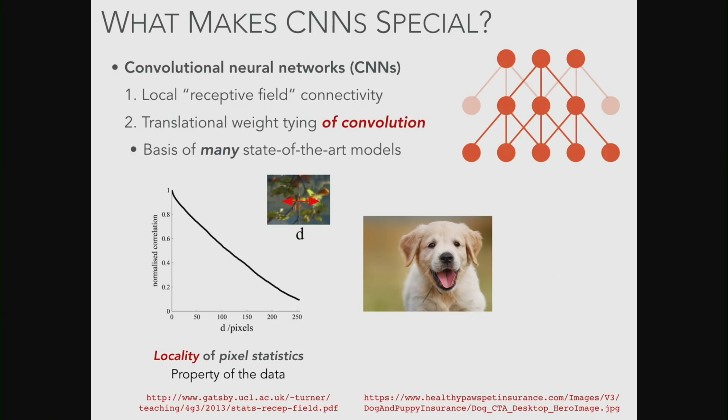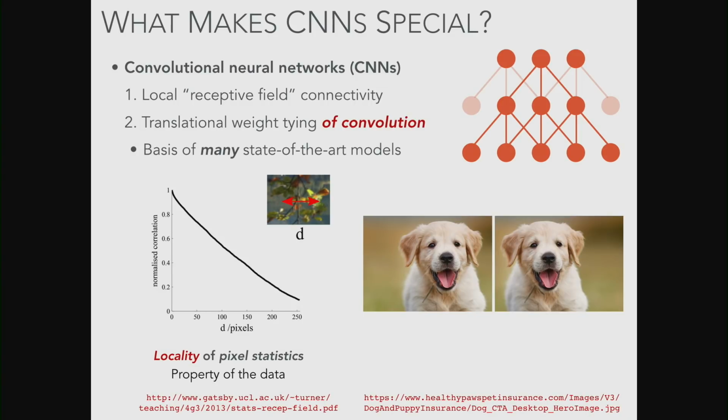It's kind of interesting how this just arises naturally. The other thing, this translational weight tying in convolution, is related to a property of what we're trying to do, which is classification. So this guy on the left, this is a doggy. This is also a doggy. You guys know that trivially. But a computer doesn't know that this and this are the exact same image, just translated. A computer just sees pixels. Pixels and more pixels, but in a different configuration.